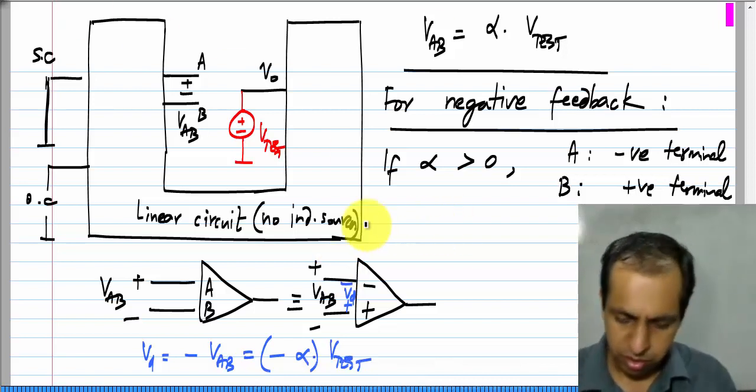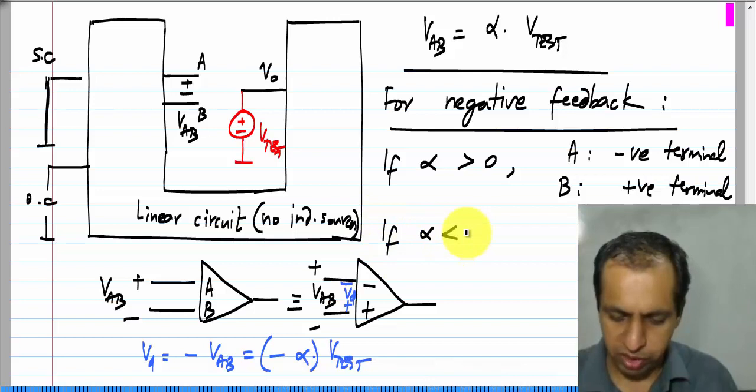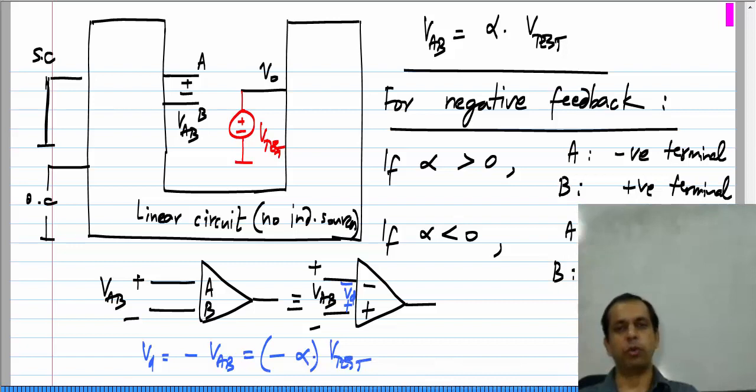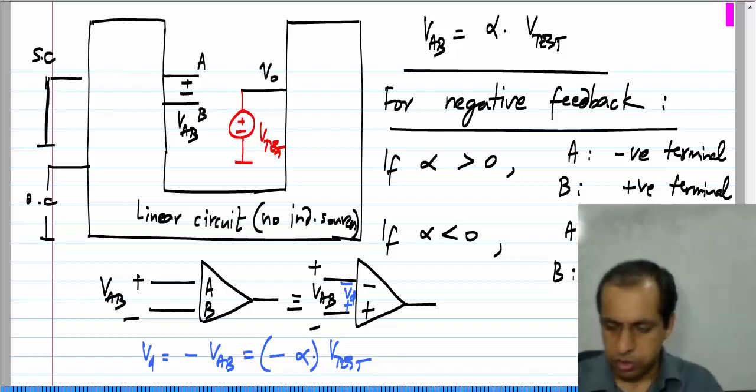Now, similarly, if alpha is smaller than 0, then I have to assign A to the positive terminal and B to the negative terminal. My final goal is to have the input difference voltage V d of the op amp to be some negative multiple of the output voltage of the op amp. Now, this voltage V test is a proxy for the output voltage of the op amp. Okay. So, to summarize,